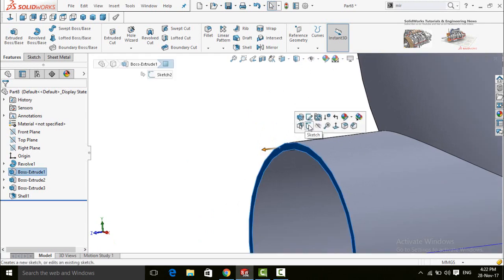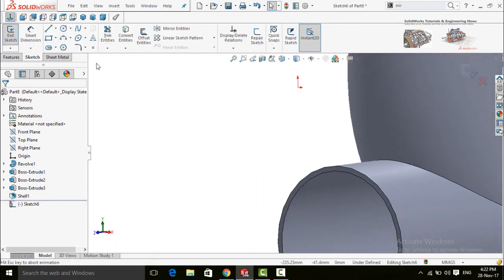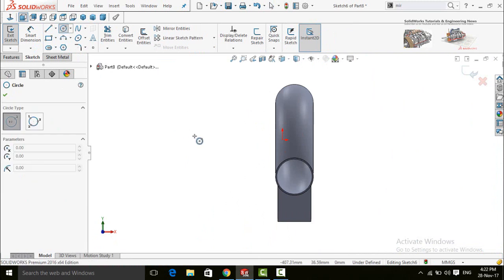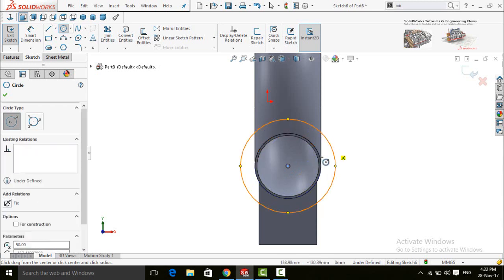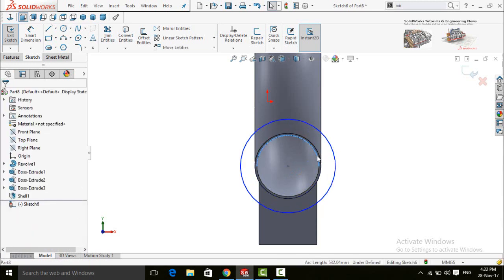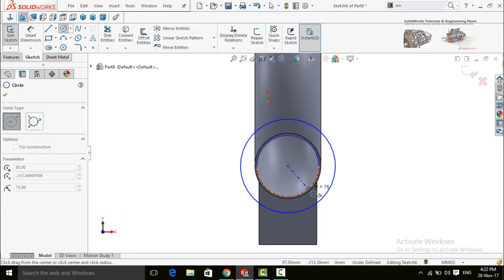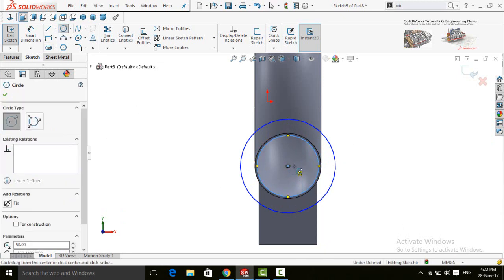Now click on this face, make normal to and draw a circle. Draw another circle and one more circle.